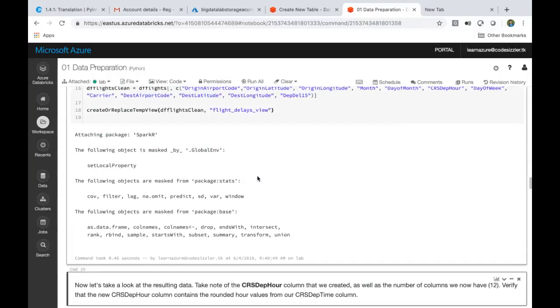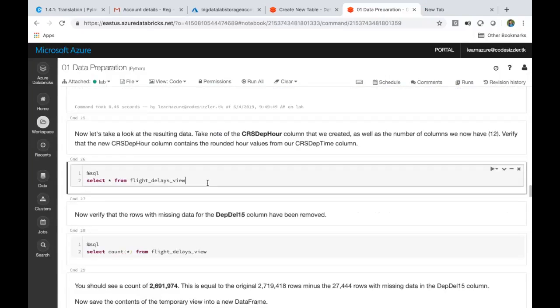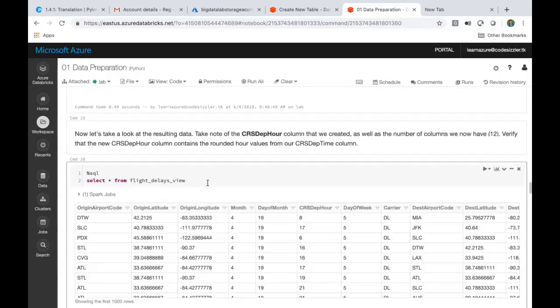Okay, so now let's go down and see this output. It is giving me the right records. Now see here, I'm rounding it off, so it is giving me some value here.